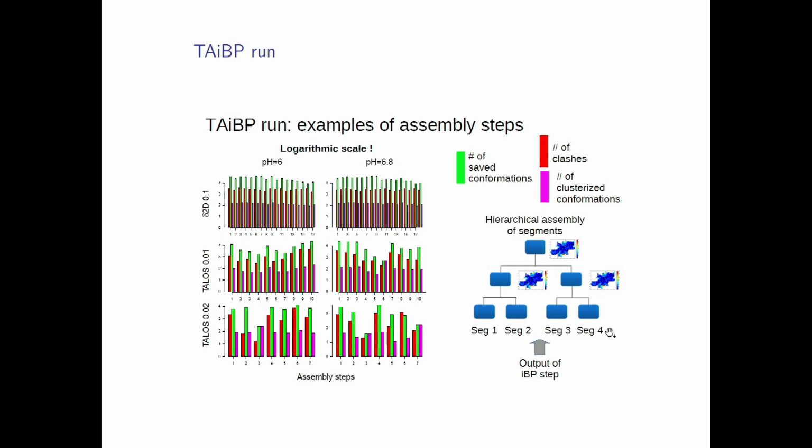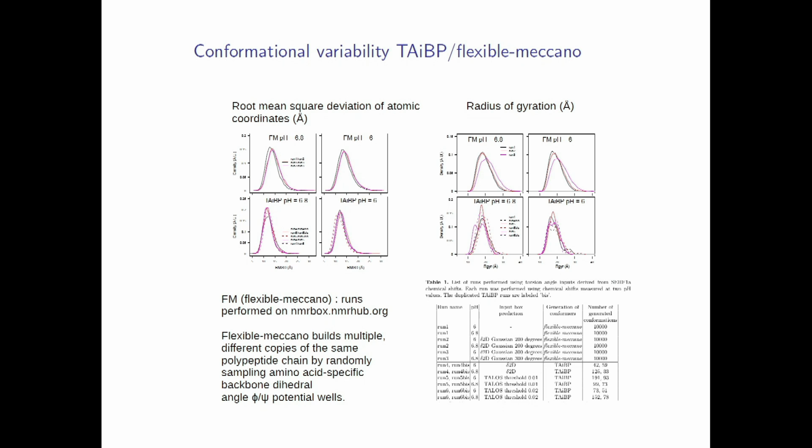So each representative conformation we are assembling together to get the full structure. I'm not going to give a lot of detail on it. Okay. Now I just want to show you, to compare that to another method which is called fleximecano, which is